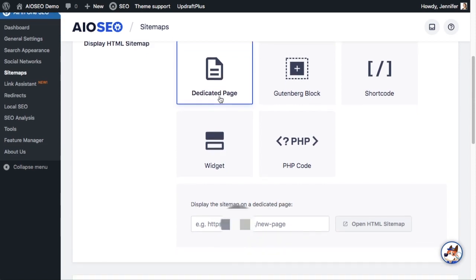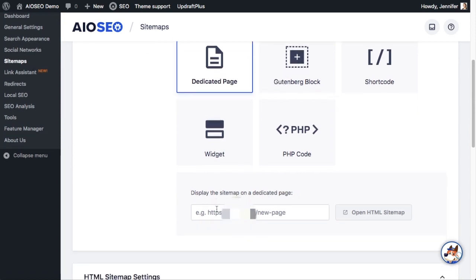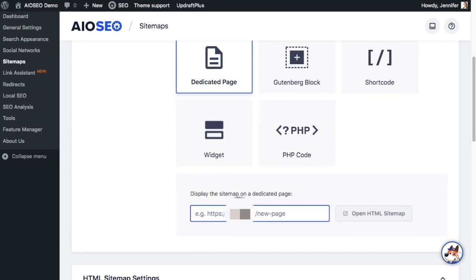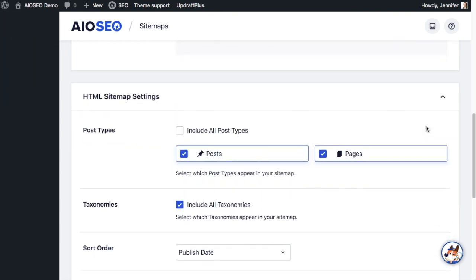Below the 5 ways that you can display your sitemap is a place where you can type in a name for your sitemap. So I'm just going to keep it very simple and call it sitemap. There's a button here that says Open HTML Sitemap, but we need to save our changes first. I'm not going to do that yet because I want to scroll down to the next section that shows you